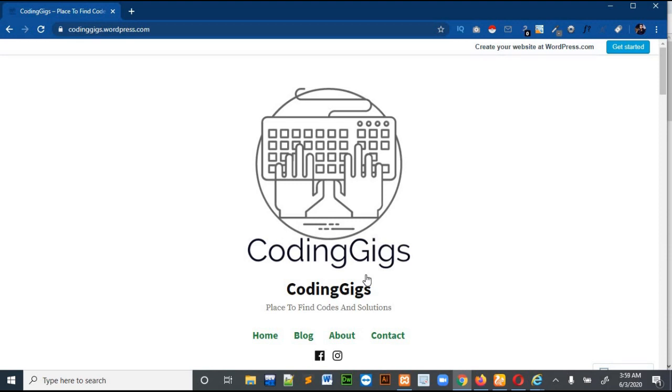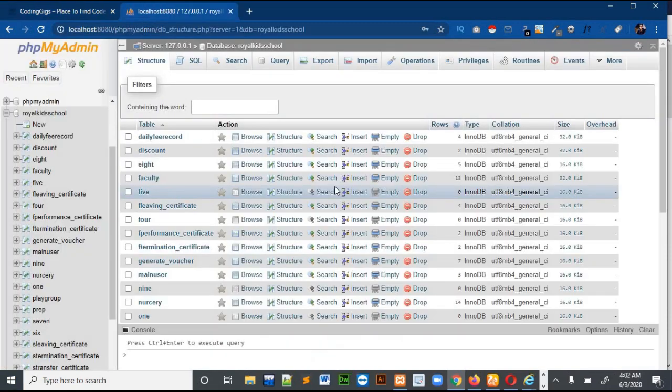So that if you want to copy this project and make it yourself, you will find it easy. Because the database is the main part of this project. Saving the data of everything is a very difficult task, and it took me a lot of time to work out what I should put in the database and how I should put things in the database. So let me show you the database first.